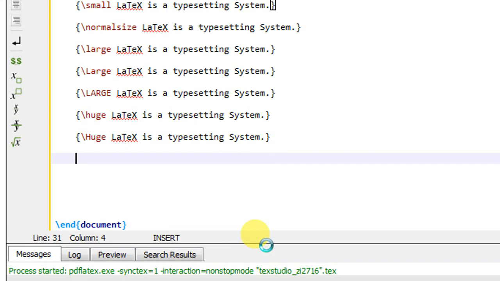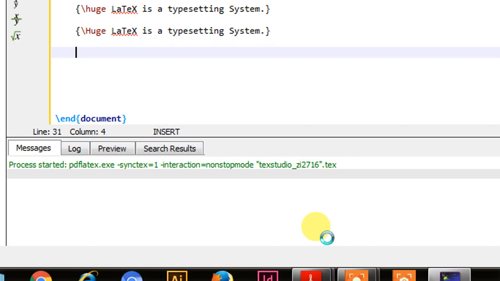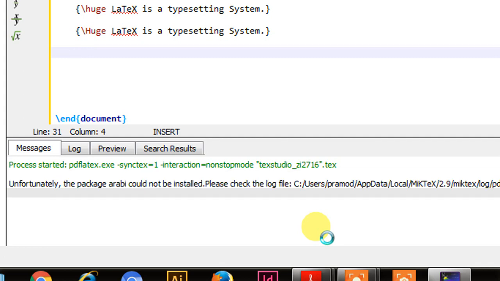If you can see here, the compilation errors, if there are any, will be shown in this window, and if there are no errors, the message will be displayed as process exited normally. When we are compiling the source code the first time, it takes more time, but if you go on clicking again and again, it will keep checking the errors and compile the document faster.